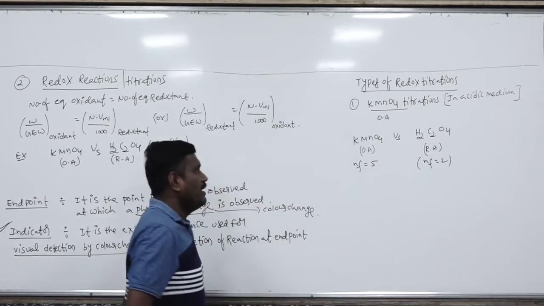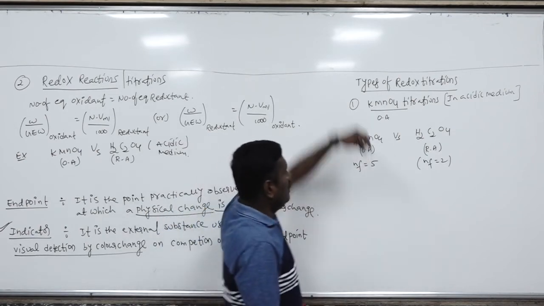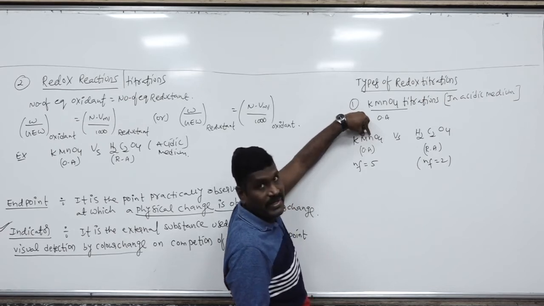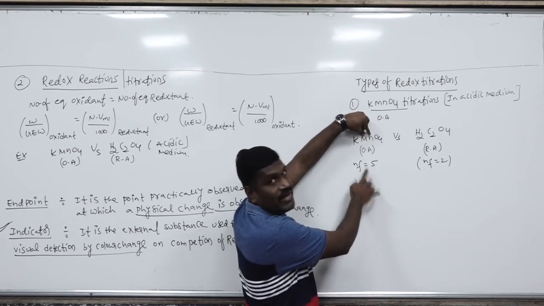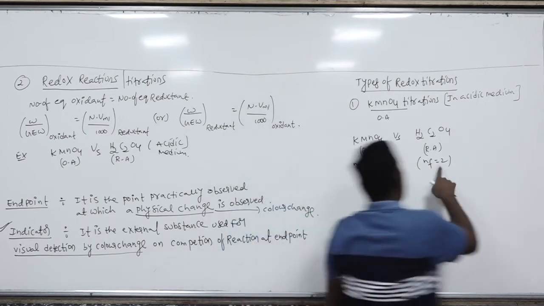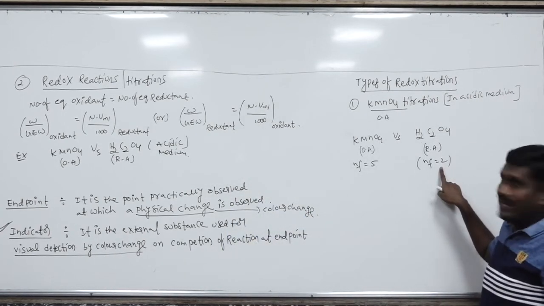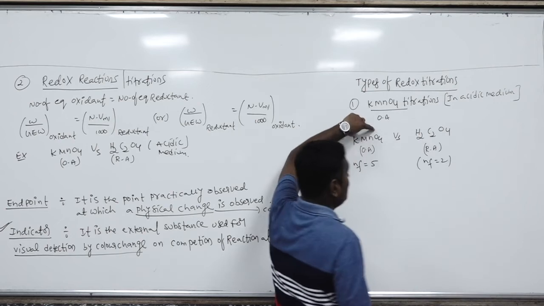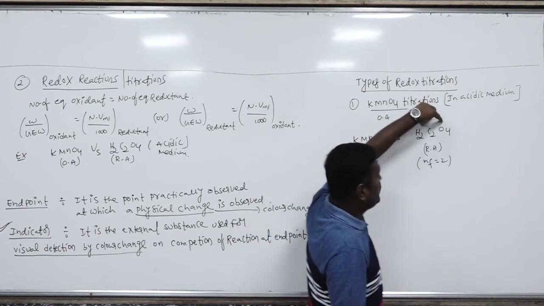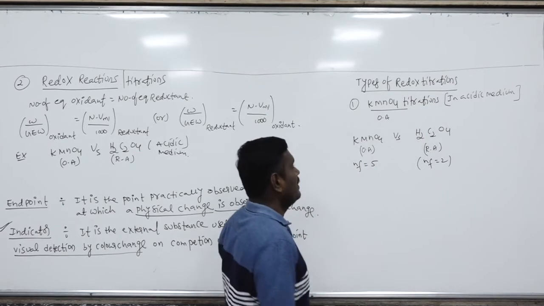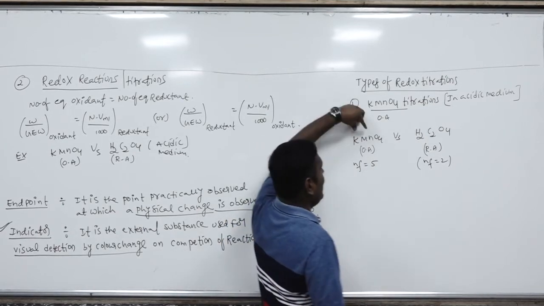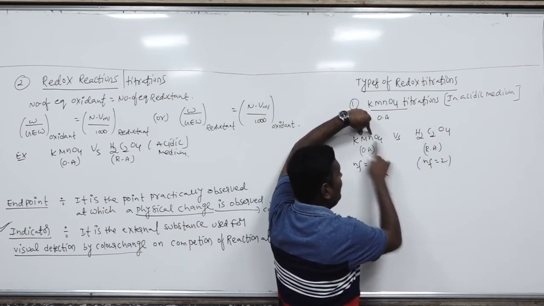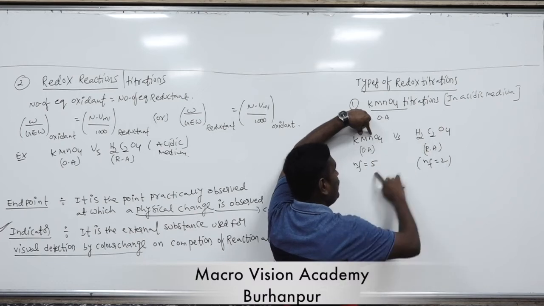Okay. Now here, for the balancing of the equation, in KMnO4, manganese oxidation number +7 will be reduced to +2 by accepting how many electrons? 5 electrons. Okay. Now in oxalic acid, what happens? 1 mole of oxalic acid, when oxidized to carbon dioxide, loses how many electrons? 2 electrons. It gained 5 electrons, it loses 2 electrons. So how to equalize the electrons? Here, how many electrons will it gain? 5. How many will it lose? 2. If I multiply 5 with 2, that is 10. 2 with 5, that is 10.